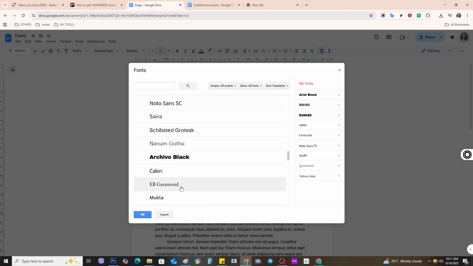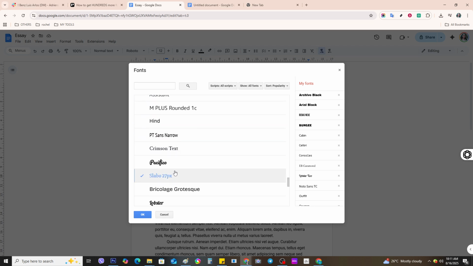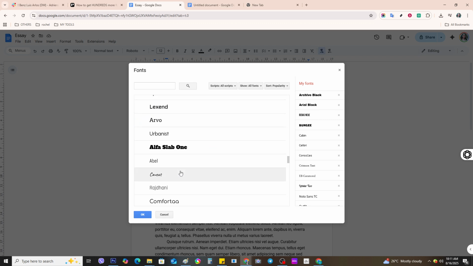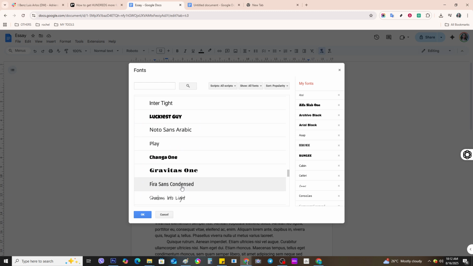Once you've found a font that catches your eye, adding it to your collection is a breeze. All you need to do is click on the font you like. By doing so, it automatically moves into a section labeled My Fonts, which is essentially your personal list. It's an easy and intuitive way to curate a selection of fonts that fit your style and needs. And don't worry, you're not limited to just a few. You can add hundreds of fonts in this way, ensuring that you have plenty of options at your fingertips for